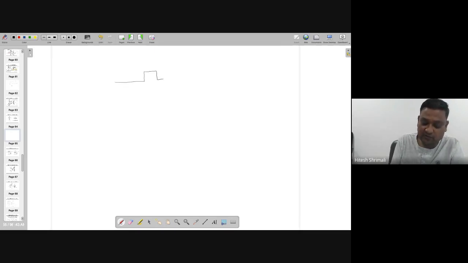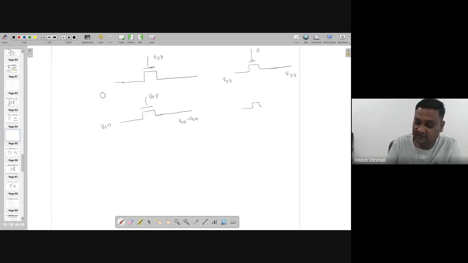But before that, let's understand one fact that we learned in the previous few lectures: if I want to transfer zero logic or ground to the other side, then NMOS is very good. Means if this is connected to VDD, and I am taking this NMOS, the other side is 0. But if I am doing this with VDD here, the output is VDD minus VTN, and the same thing is happening with PMOS. If this is connected to VDD, the output is VDD, but in the case of ground, the output is not ground, but a little bit higher than that, right? So it's VTP. So it's not transferring good logic. Means NMOS is good for strong zero logic transfer, and this is good for strong logic 1,